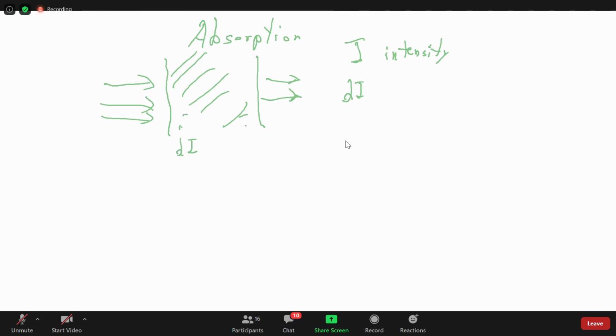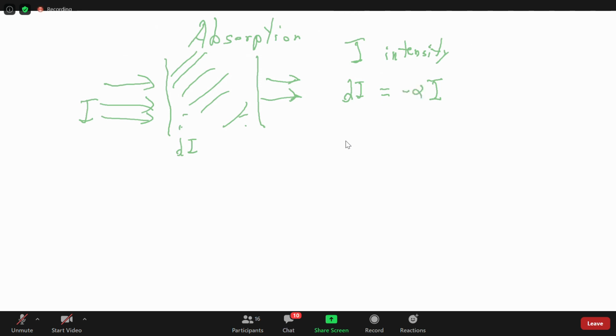The small change has to be proportional to I, right? Obviously, whatever that dI is going to be, it would be bigger if you also increased the initial intensity. So dI is proportional to I, right? The constant of proportionality, we'll call that